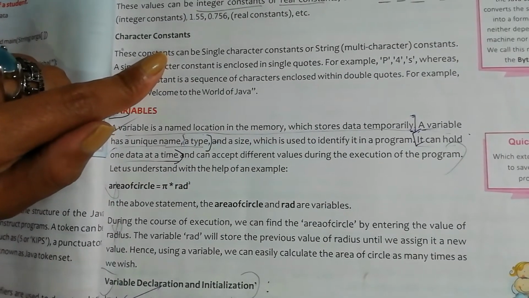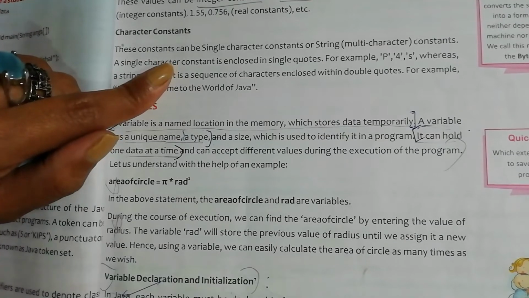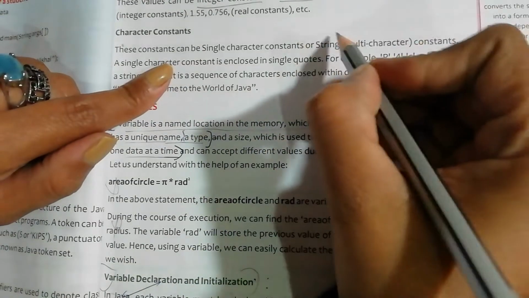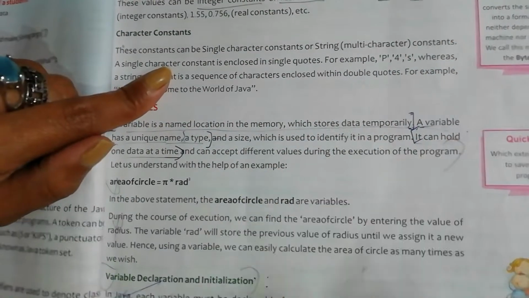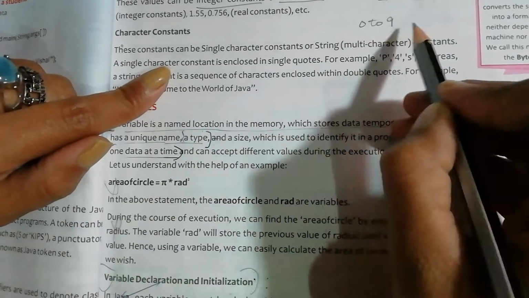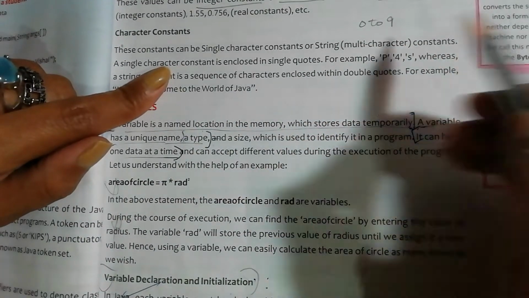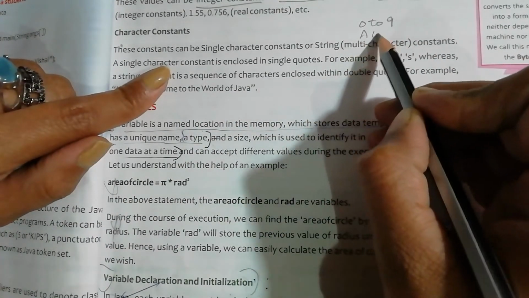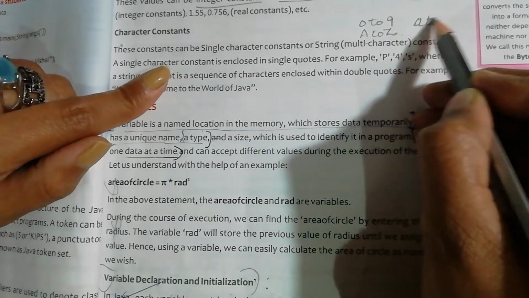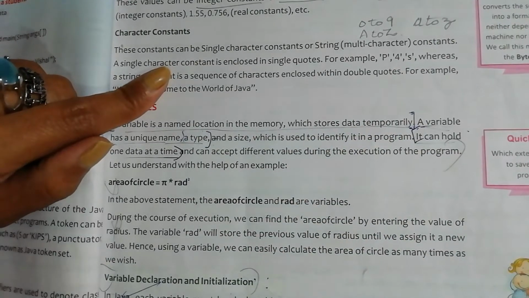Character constant, as the name implies. What is a character? A character is an alphabet. कोई भी alphabet हो सकता है. It's from A to Z. From A to Z, it can be any digit from 0 to 9, कुछ भी digit हो सकता है. It can also be considered as a character. A to Z हो सकता है. A to Z small letters में हो सकता है. So these are also considered as character constants.